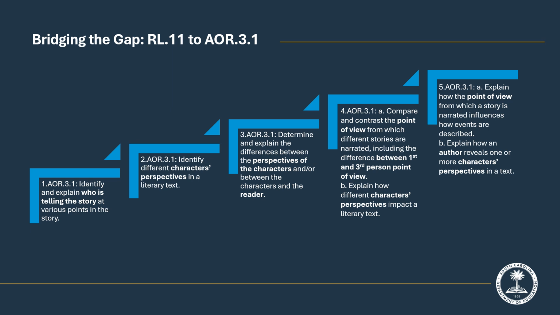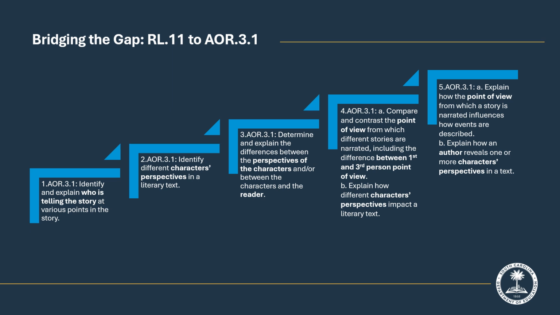In 4th grade, students now move into point of view. Notice that point of view is tied to the author's choice of narrator. Also, we see the addition of sub-indicator B. This is similar to what happened in 3rd grade in the 2015 standards, except here the indicator added additional content instead of changing to a new indicator.